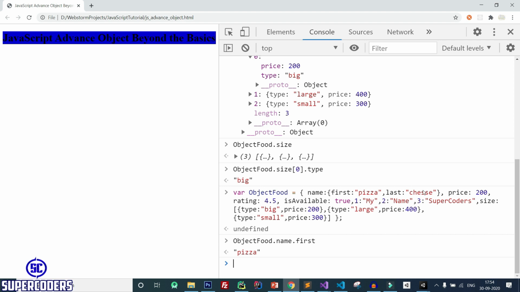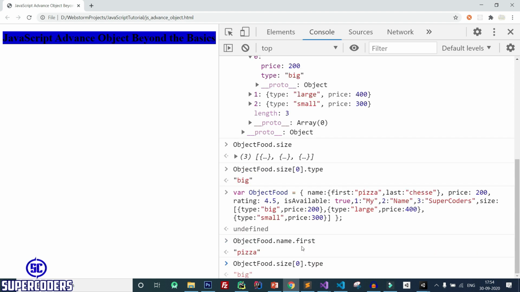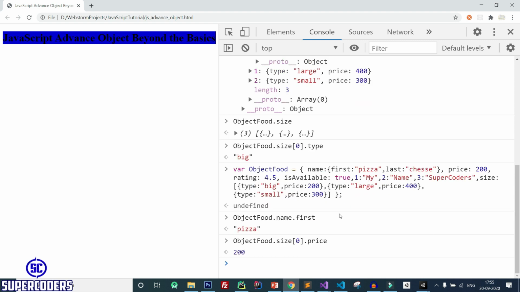Here you can see I added a first name and last name as a nested object, and here I use size as a nested object. You can also use this size like this or change it to price. You can see it's working. So remember this price is not the same as this price, because this is the parent object's key and this is the child object key, or nested object key.